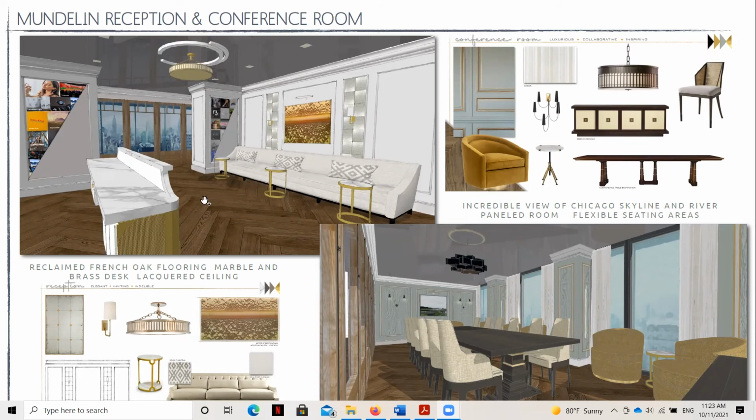We've got a beautiful perspective because it's of a really large area. So we like to see what we call a major perspective as our drawing type here, which works really well. And we have the selections that were brought in down here for the materials and the FF&E below. And that's a beautiful way to showcase information about the focus area of the reception. And then coming over here, we've got the same information showing for the conference room. Some more labeling might be helpful, but right now the presentation, the orientation of these drawing types works beautifully.